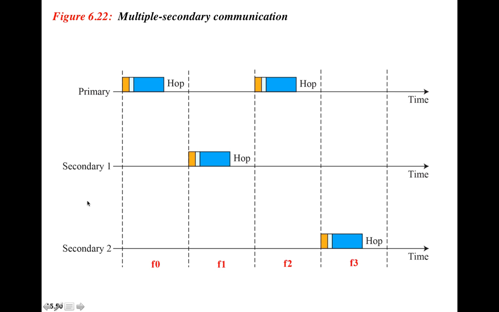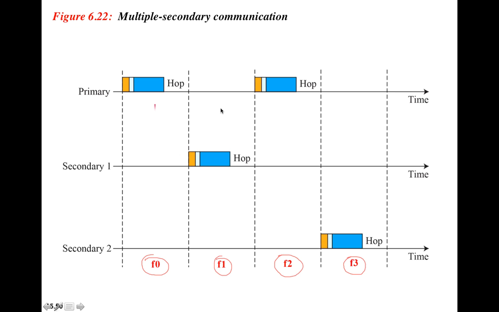In this case, you have more than one secondary device that wants to send. Now, there is a rule in here, okay? When there is more than one secondary device, you have to follow a certain rule. The rule is that the primary will be communicating in the even-numbered slots, and the secondaries will communicate in the odd-numbered slots. However, in the even-numbered slot, the secondary that the primary communicates with, only that secondary can respond back in the